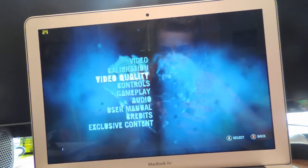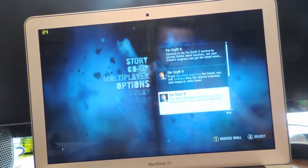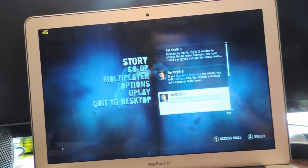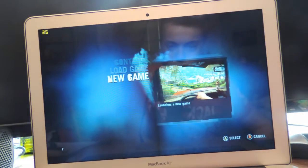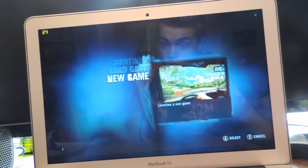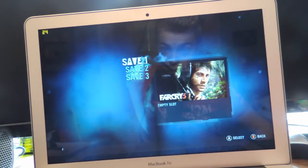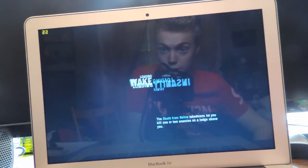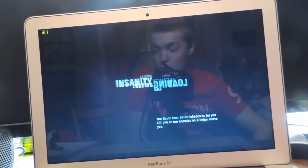We play about ultra at about 9 frames a second, which is very laggy, choppy, which is not playable. But I mean, you could play it, but you'd be really stupid to play it on ultra. I reckon it runs well at high. This is a new game for me, so let's just start the game up, and I can show you how well it plays the cutscenes, and how well it plays the actual game itself,